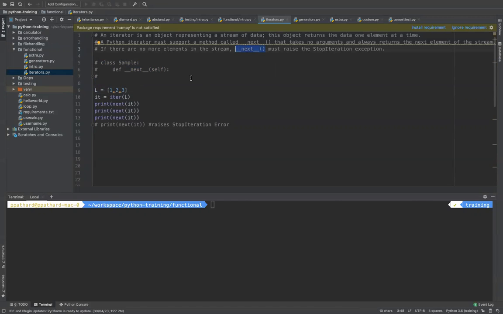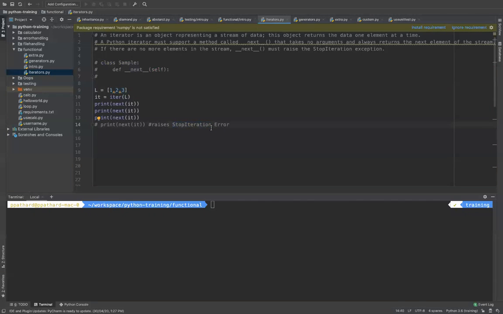So we understood an iterator is an object which will give a stream of data, and whenever you do next of that particular iterator, it will only give one item at a time, and after reaching the end of the three items in the list, it will throw a special exception called StopIteration error.